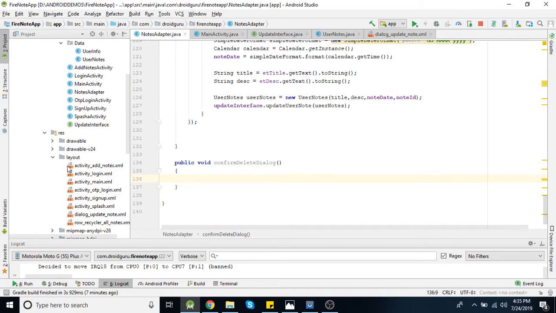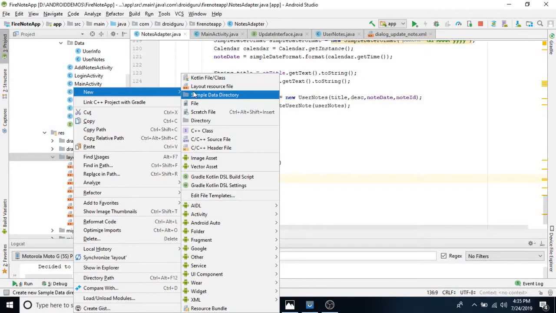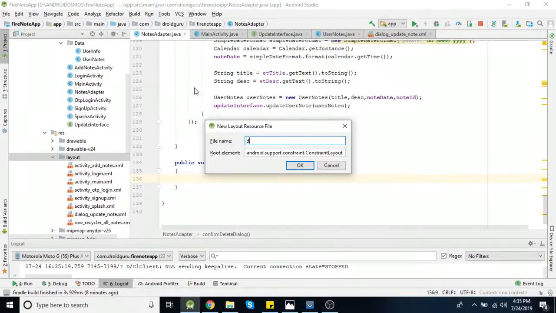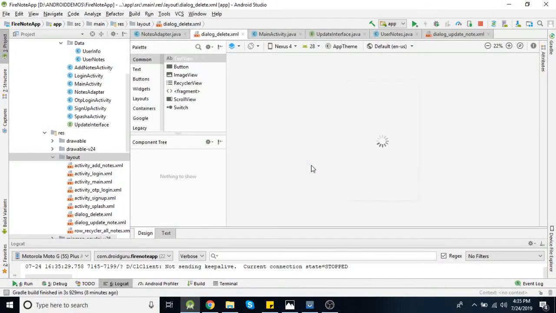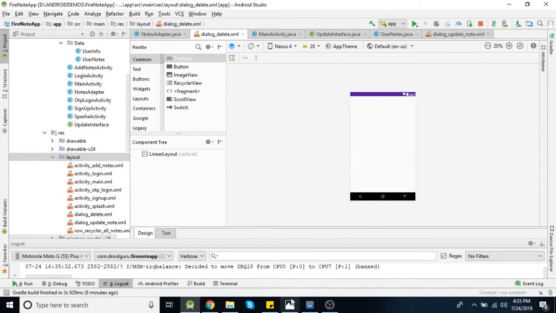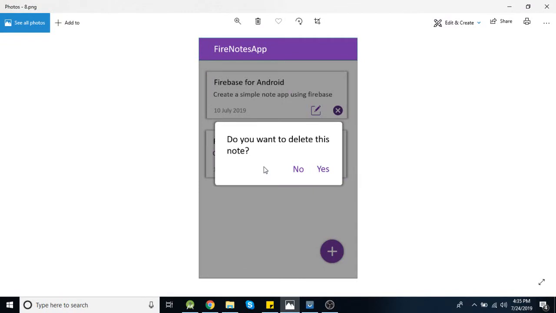Then we need to create a design or a layout for that dialog. So dialog underscore delete. If you check the design, we need to simply add three text views.